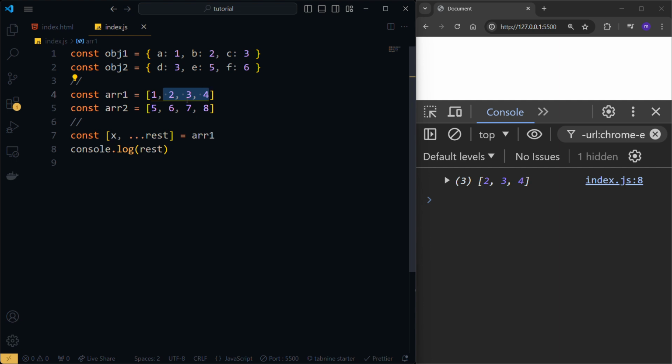alright? And also if I only wanted to, let's say, have 3 and 4, I could just come here and add y and a comma, and if I save the file, as you can see, we get back 3 and 4 into its own array. And x is going to be equal 1 and y is going to be equal 2. And same thing, if we added another variable here, that variable is going to be equal to 3, and we're going to have an array with only this